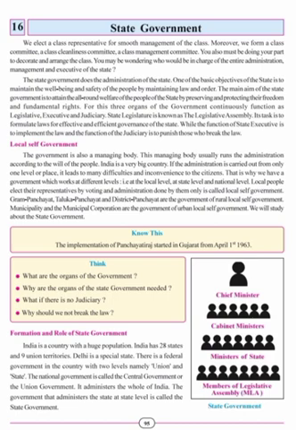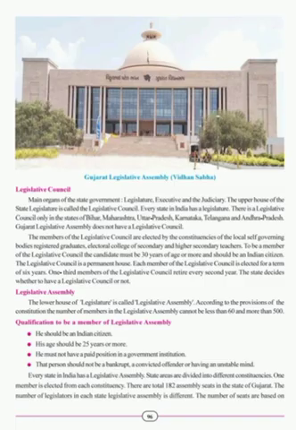Students, as we all know, India has 28 states and 9 union territories. There is a federal government in India with two levels, namely union and state. The national government is called the central government or the union government. It administers the whole country. And the government at state level is called the state government. It administers the state.